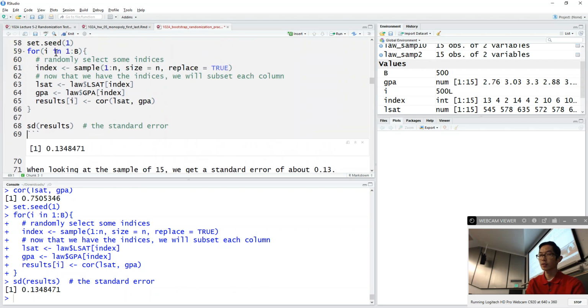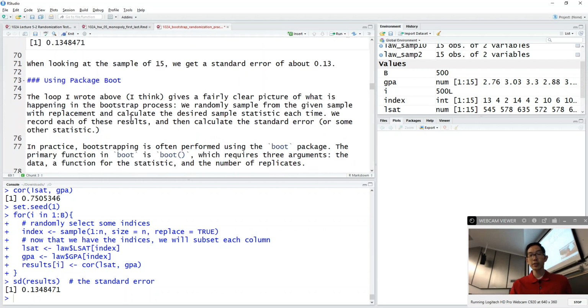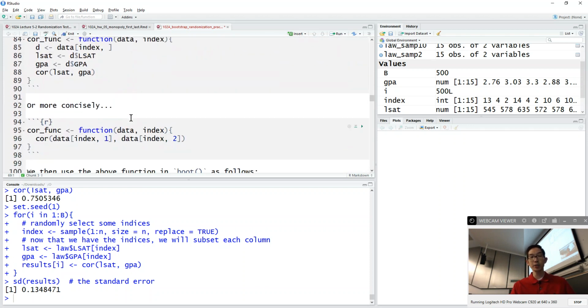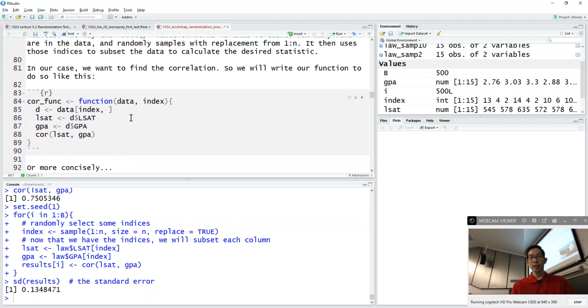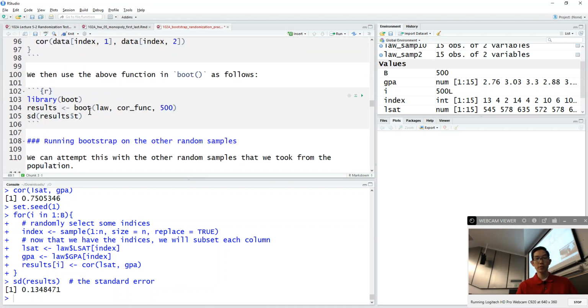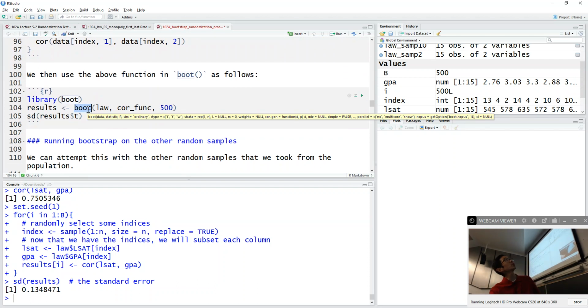Does that make sense? What we're doing when we're doing our Bootstrap? Okay. So that's kind of doing it the manual way. There is a function called boot, okay? And boot is very simple. You just run the function boot, you give it the data that you're dealing with,